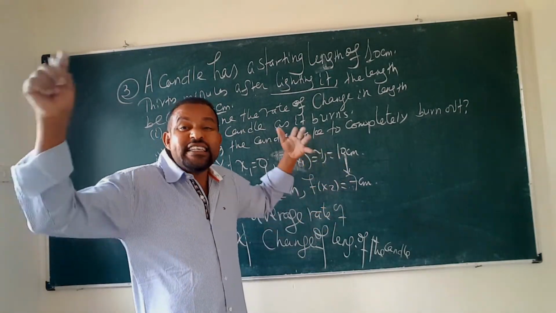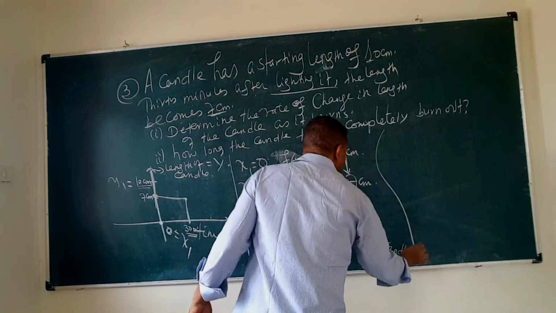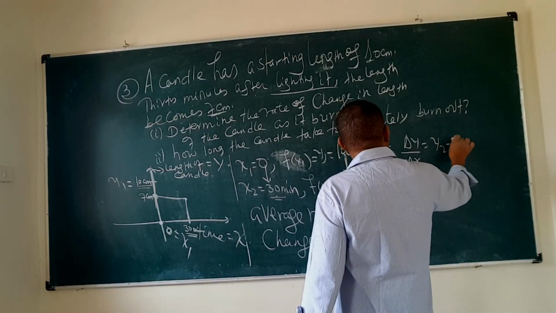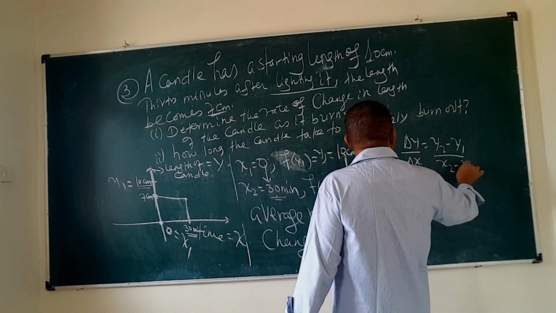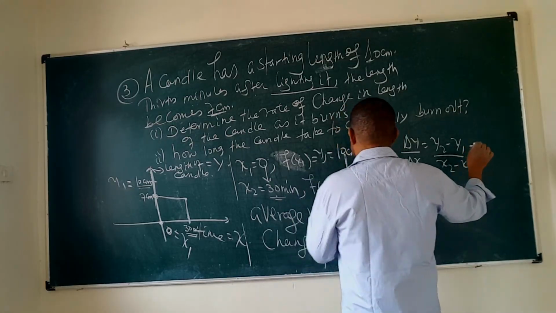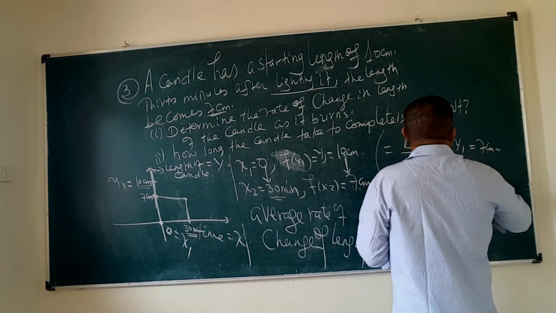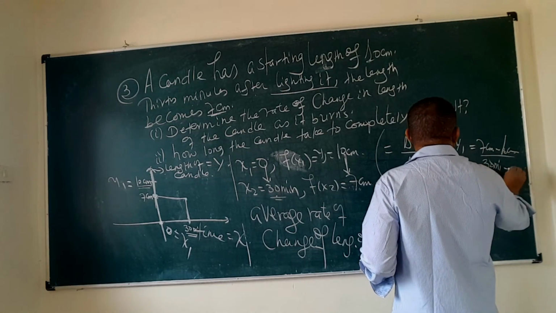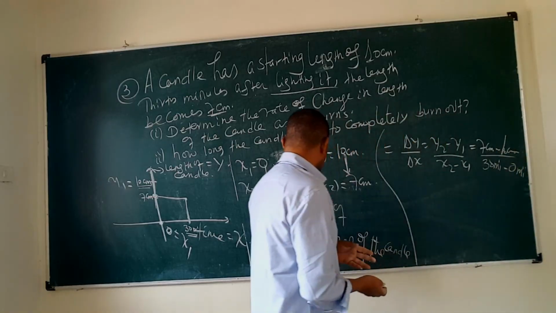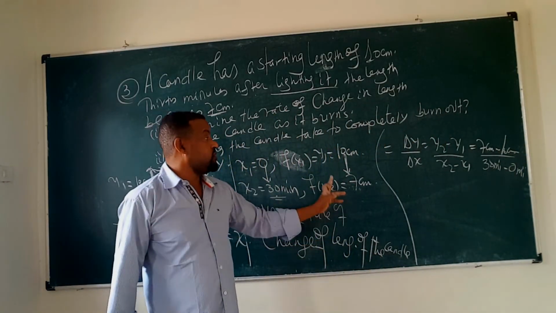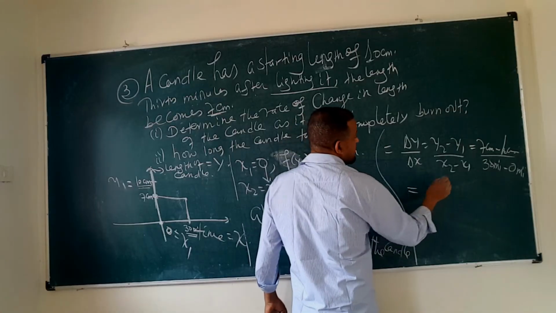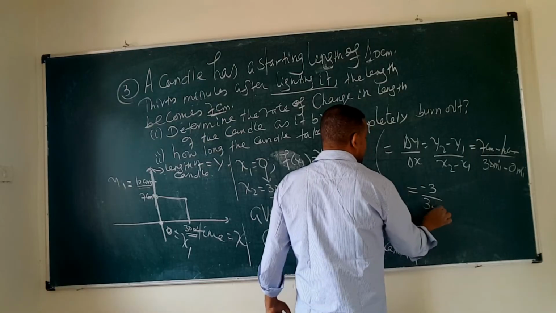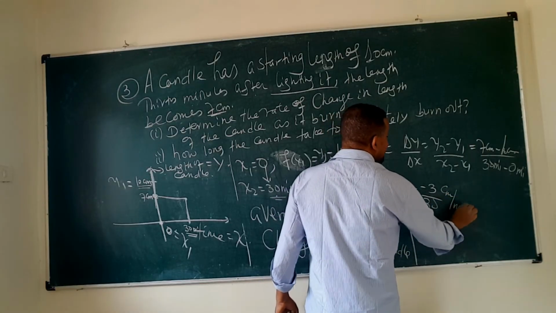ከ10 ወደ 7 ስንት ሆነ? 3 ሴንቲሜትር ነው። What is that rate ነው ፓራሜትር። ኦኬ so which is what, change in y over what, change in x. That means y2 minus y1 over x2 minus x1. So which is y2 is what, 7 centimeter minus 10 centimeter over 30 minutes minus 0 minute. So x2 minus x1, y2 minus y1. So that will be ምን አገኘን? ከ7 ላይ 10 ኔጌቲቭ 3 ኦቨር ከ30 ላይ 0 30 ማለት ነው ሴንቲሜትር ፐር ሚኒት።